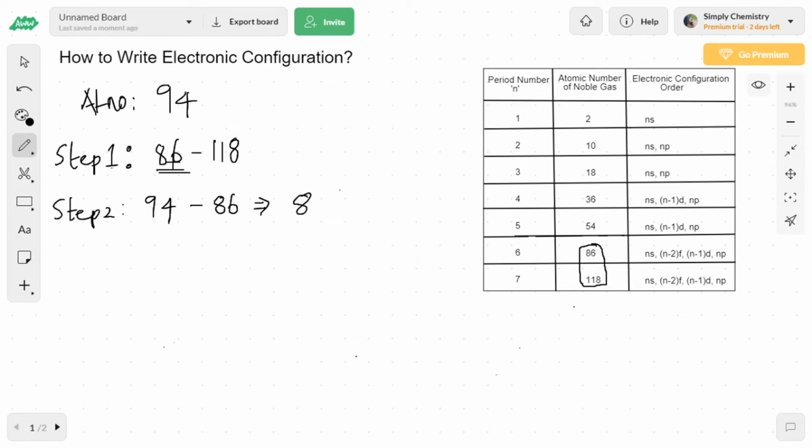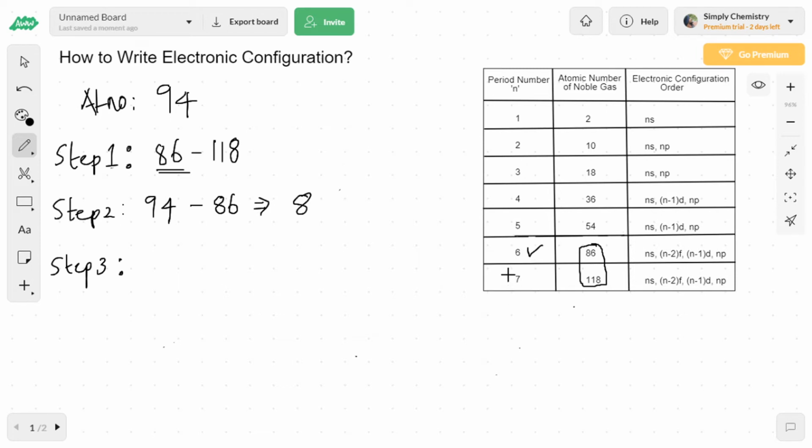Step 1, you find the band. Step 2, you subtract the given atomic number with the least atomic number from the band that it is falling on. Step 3 is the important one, where you're going to find out the principal quantum number of the given element. So we could see from the table that 86 belongs to the 6th period.